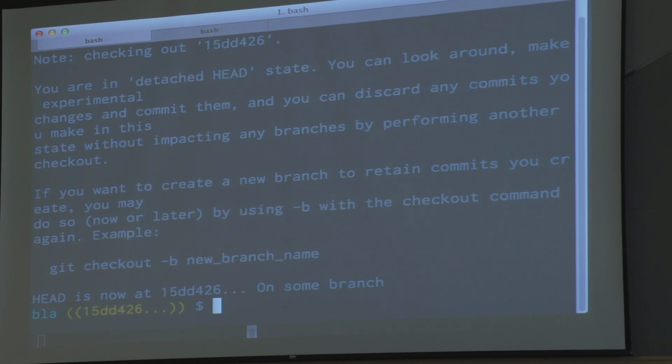The head is directly pointing to a commit instead of pointing indirectly to a commit. So any changes you make here, you will eventually lose unless you have the uncanny ability to remember 40 characters. Right? Goes back to the post-it note discussion. If you can remember 40 characters, good for you.